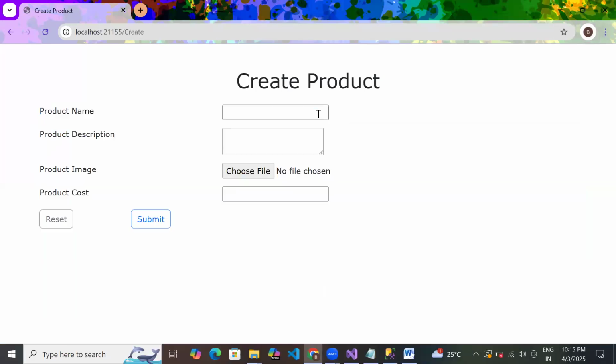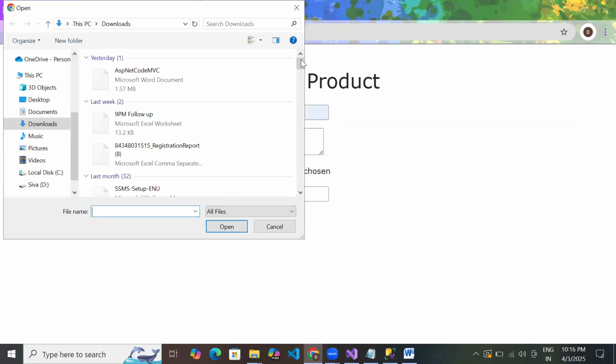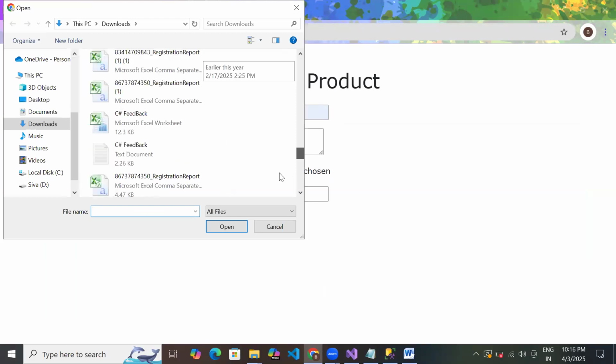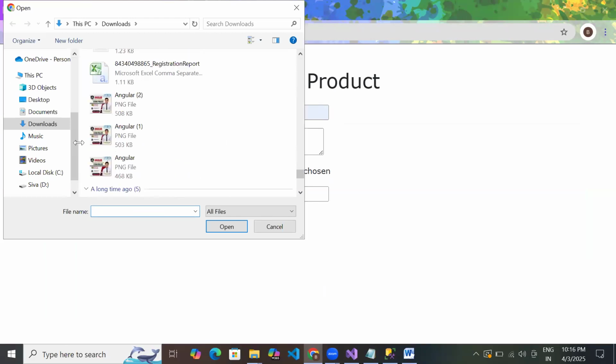Create product, say Angular 16 and 17. I click on the file, scroll down, select the